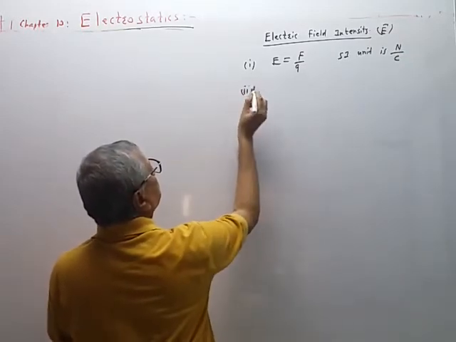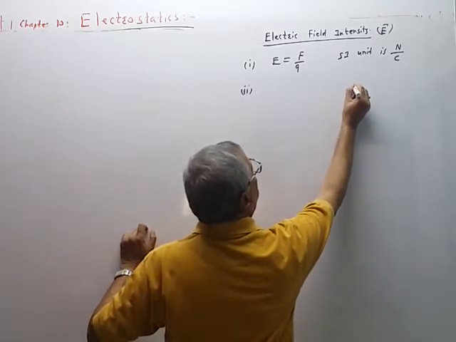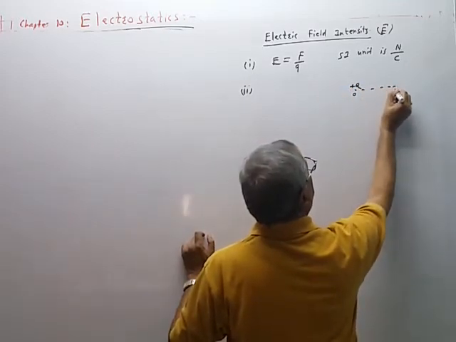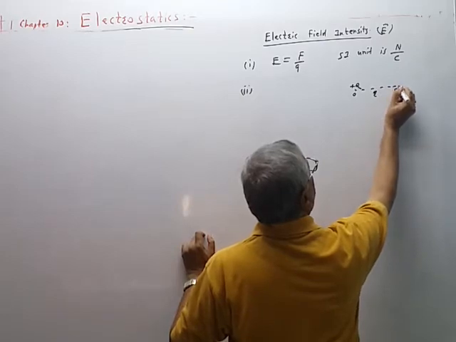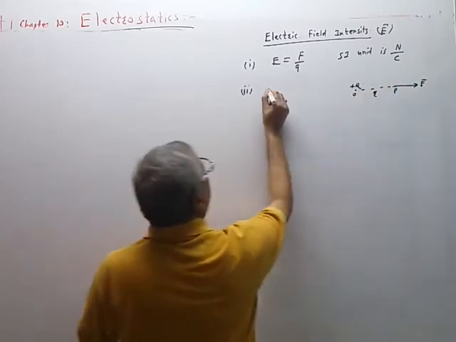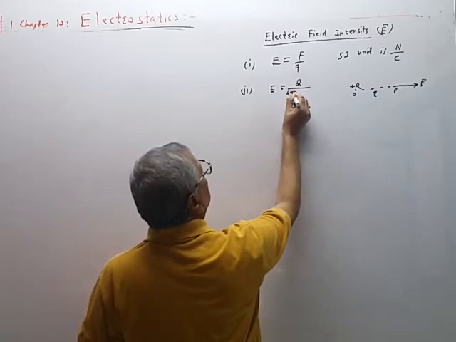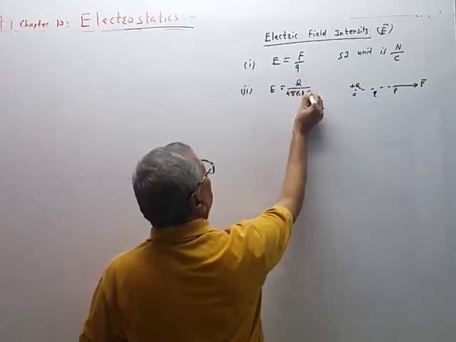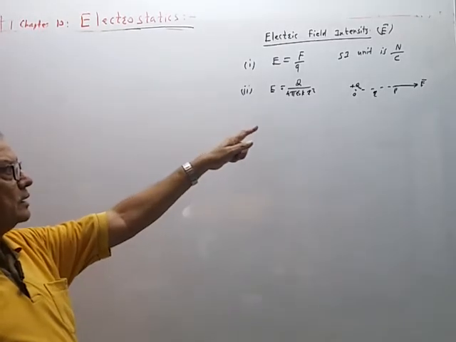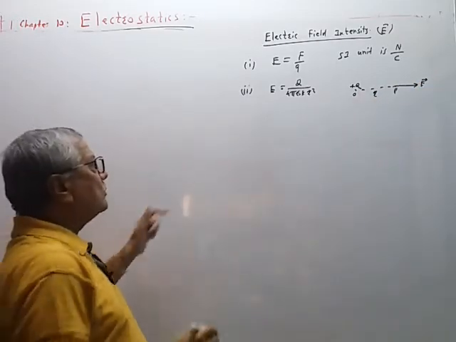Second formula, if O is a point where plus Q charge is kept stationary, P is a point at distance r, then at point P the intensity is directed away, this is the direction, and the magnitude is given by Q upon 4 pi epsilon naught k r square, where r is a distance. So at point P intensity has direction away from plus Q charge along OP, and its magnitude is this.